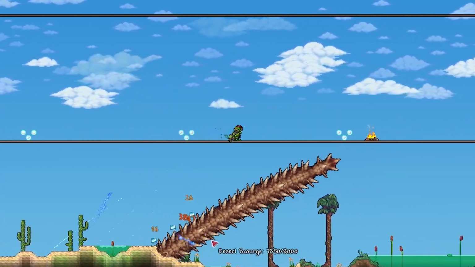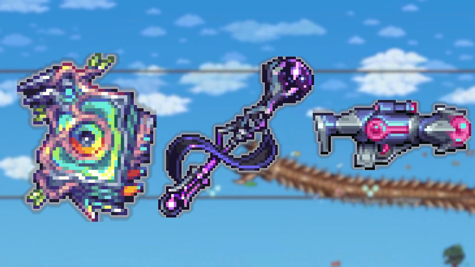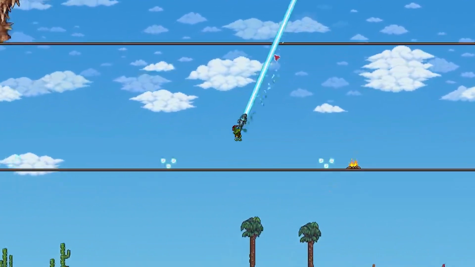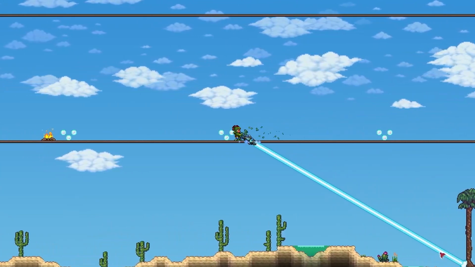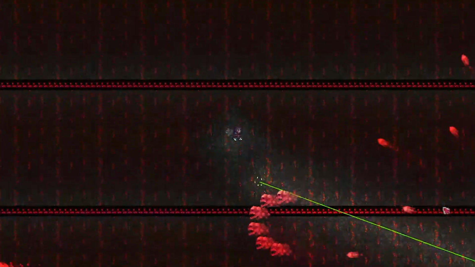Next up we have Mage. Mage uses a variety of spell tomes, wands, and magic guns. The gimmick of this class of course is mana. You shoot your weapon a bunch, you wait a few seconds, and then you repeat until the thing is dead. Mana Flower can allow you to spam more, but Mana Sickness can reduce your damage if you chug too many